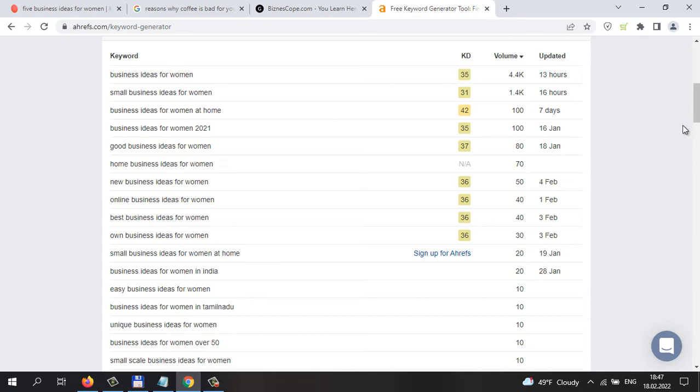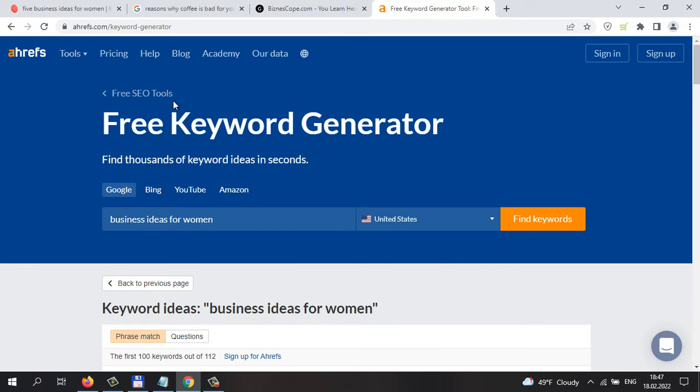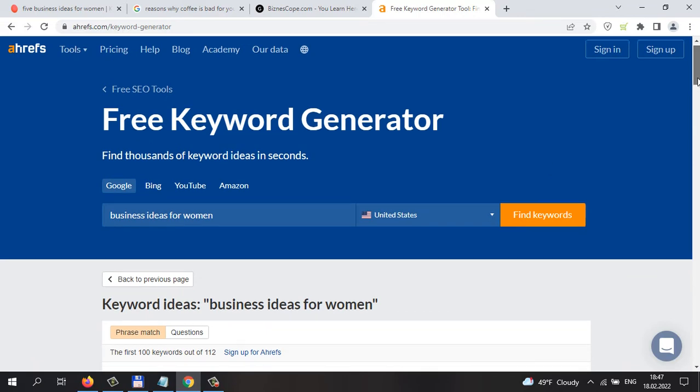But again, if you want to experiment with keywords, you can just try to write different articles. But again, I would recommend using this tool, because this free keyword generator is more for you to understand how it works with keywords.